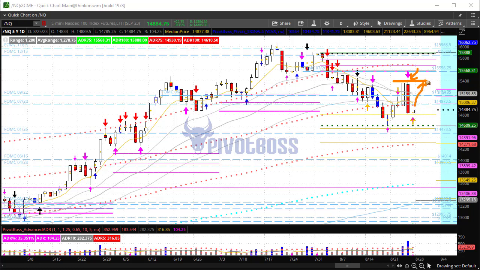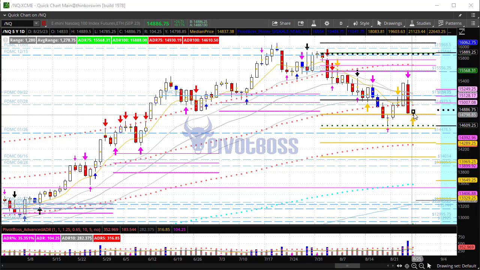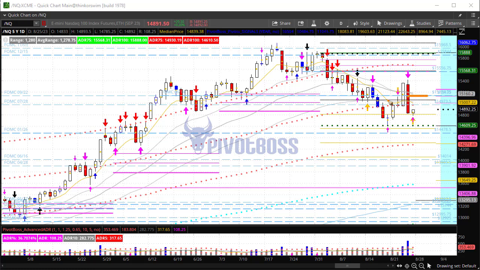If price is able to push through that pivot down the road, it opens up several hundred points to the upside. So keeping an eye on that. But right now, big time reaction. Narrow range here today, at least right now, 35% of ADR. ES is at 33% of average range, ahead of Fed Chair Powell's Jackson Hole speech. So we'll see how the market responds to that. At the moment, again, any pullback toward the 150 zone, 160 zone could be sold for a continuation down.